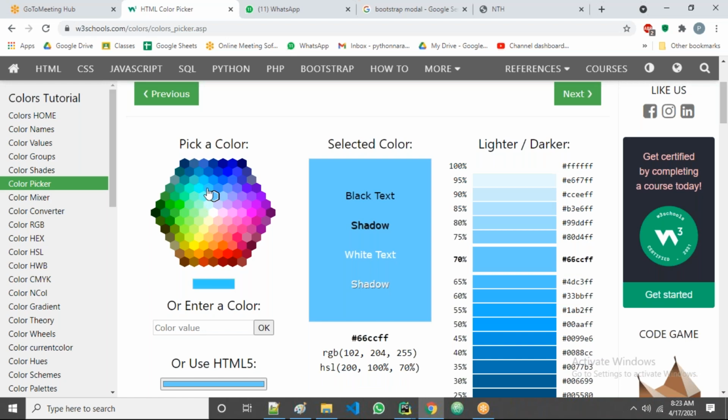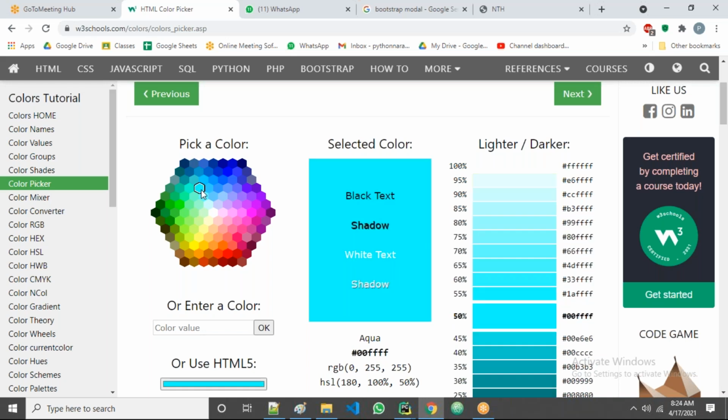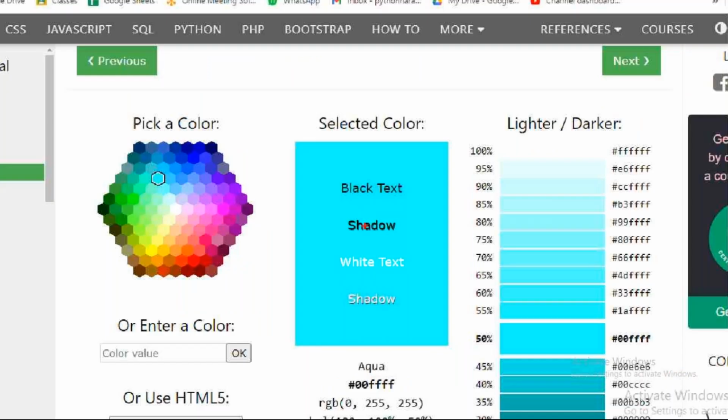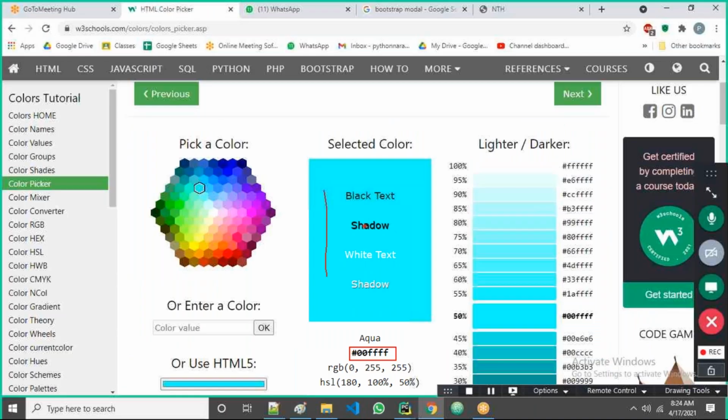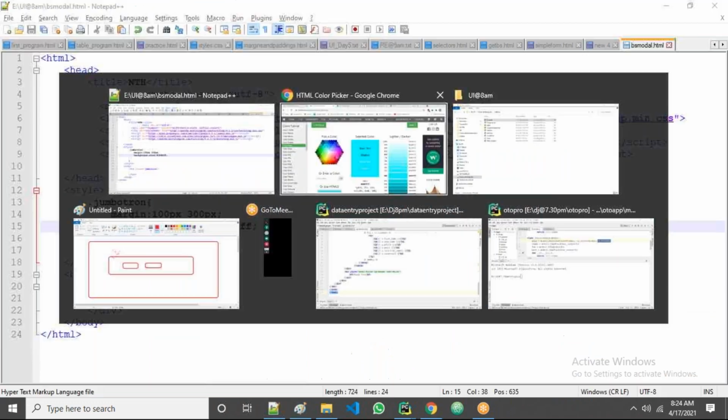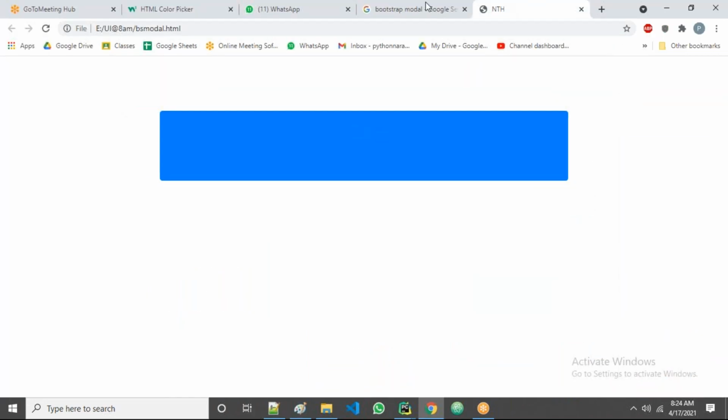Click anywhere, guys. Wherever you click, suppose this one is there, right? I want to take this red color. Then you can see the code is there, right? You can pick up this code or this one also, no problem. Okay, which one is better, guys? The existing one better or this one better? So okay, you go with the blue color, no problem.